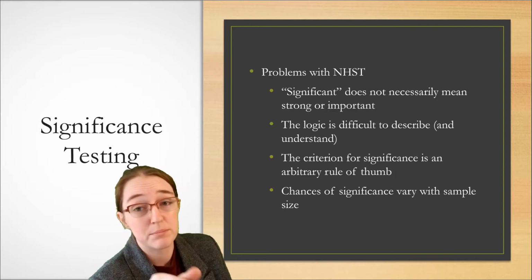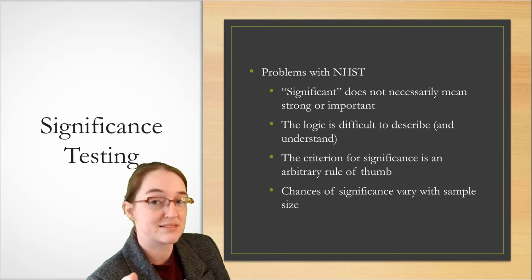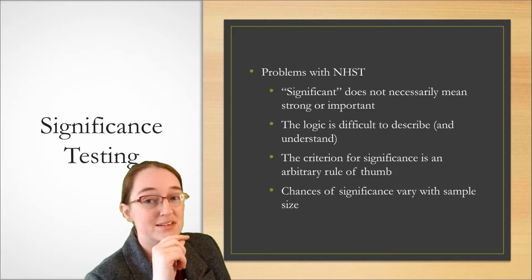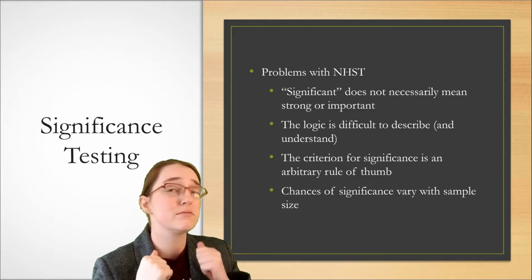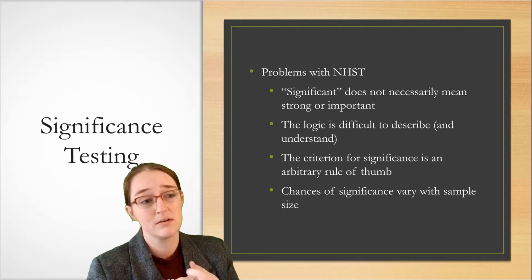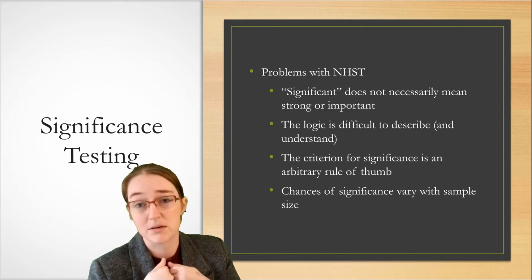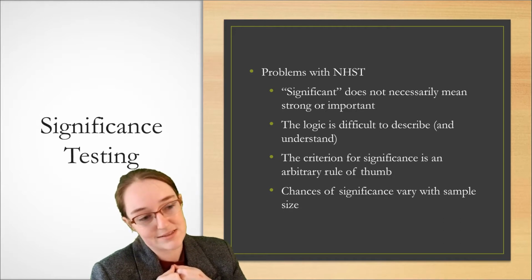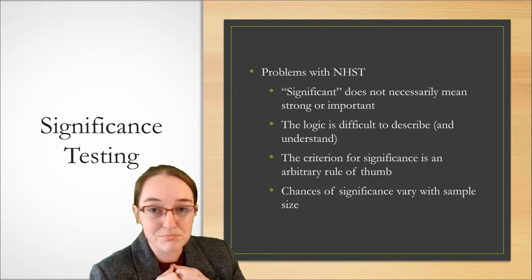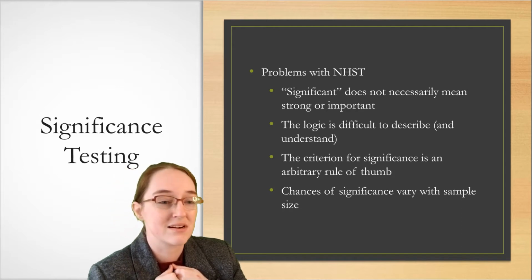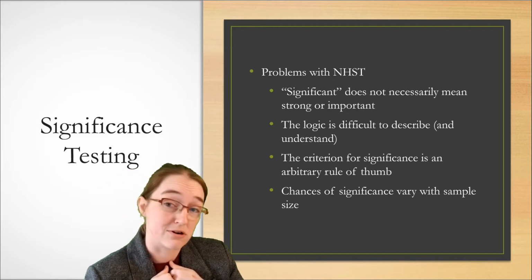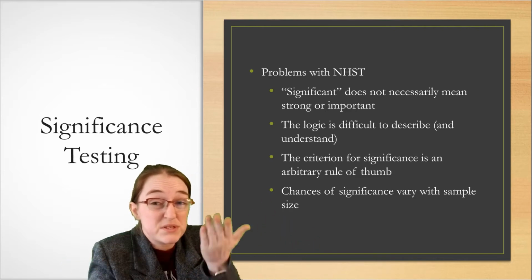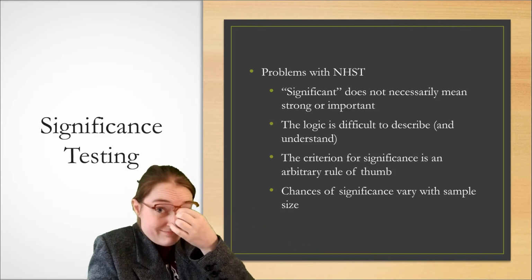What if we put it at 0.06? Then that study that some psychologists will call marginally significant, because it's really close and they really, really want it to be significant so they can publish their paper, doesn't cross the 0.05 threshold, but it crosses 0.06. And it's just a 1% difference between those two rules.